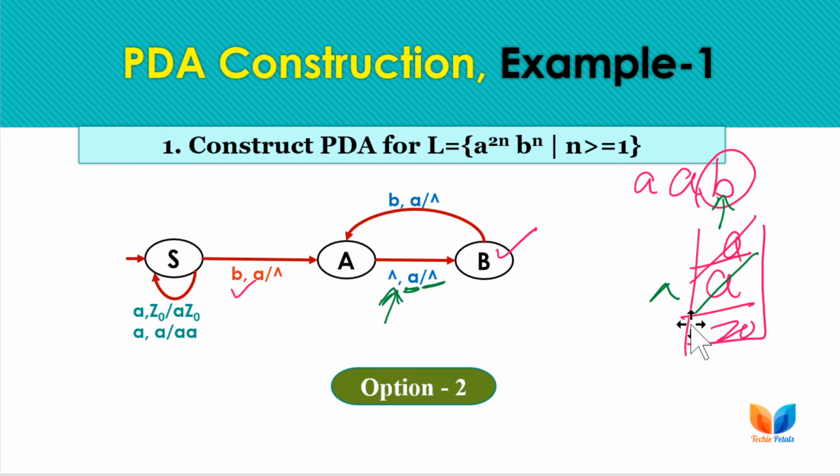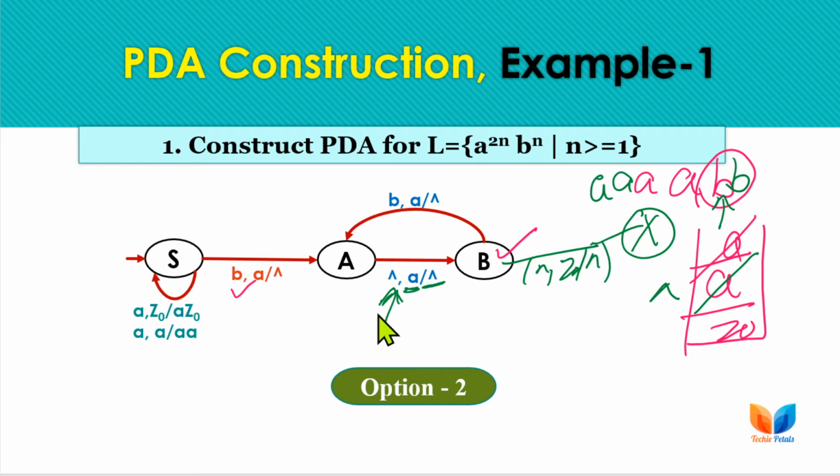Okay, so if we have two A's and one B, then we are at this state and we can show the acceptance now. But if we have more than one B, meaning we have two B's here and four A's, then we have to repeat the process, meaning for another B again we need to perform these two pops. Then this is the loop that will perform all these pop operations.